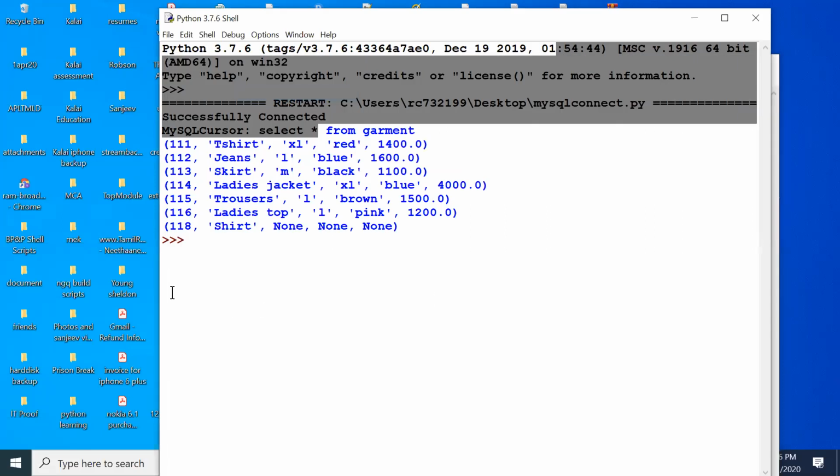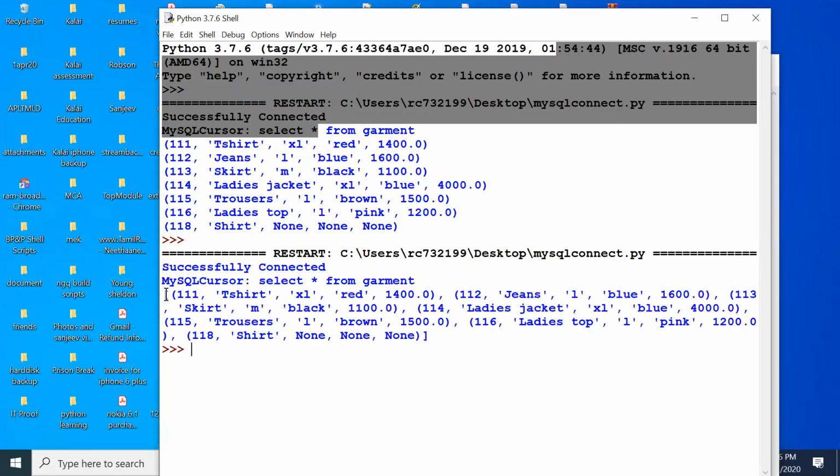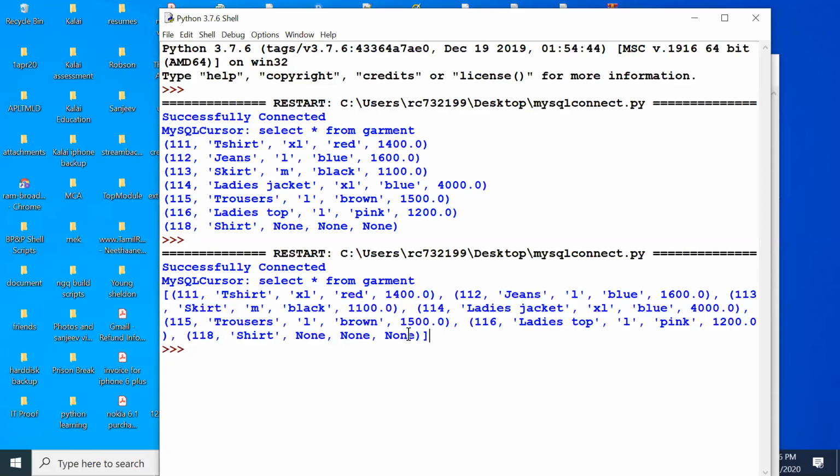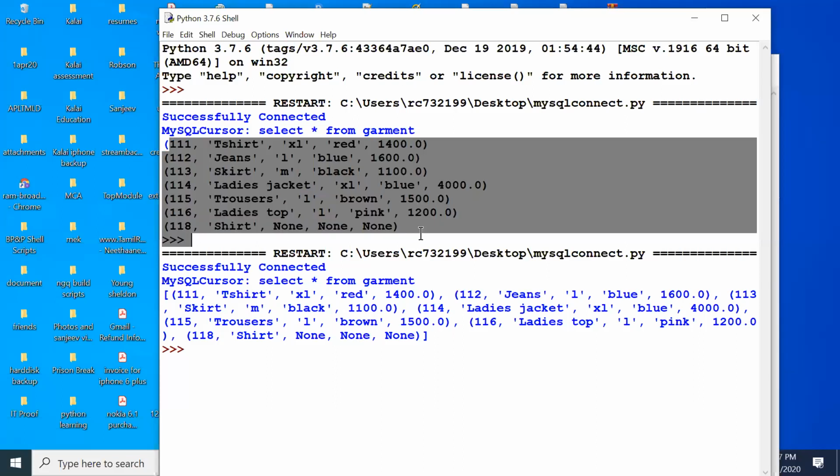It will be a list of tuples. Can you see this? This is a list. In a list, every single row will be displayed as a tuple. Every single row is displayed as a tuple. It will display as such, as far as the space is available. I am getting the neat presentation here because I was using a for loop.